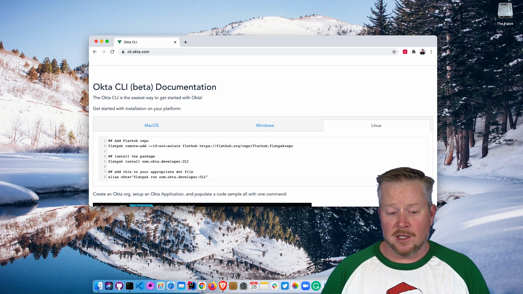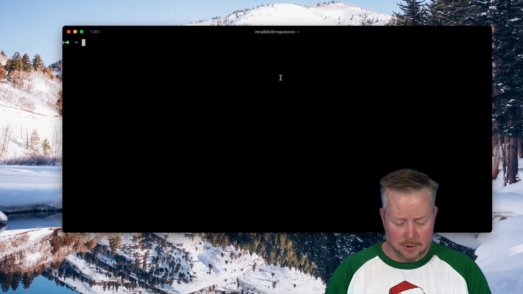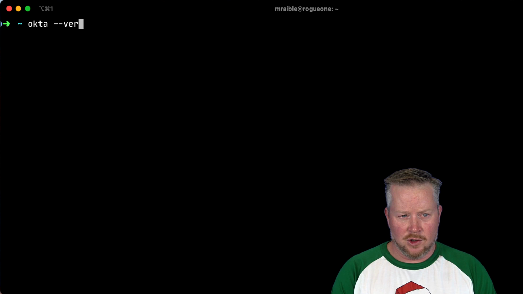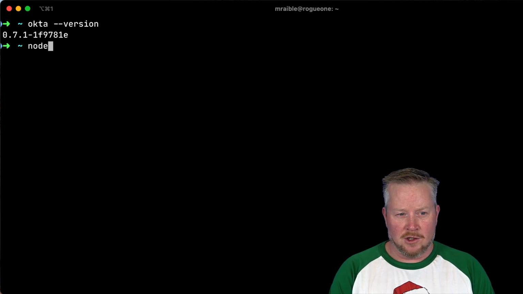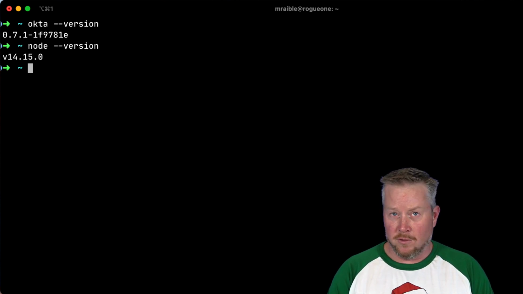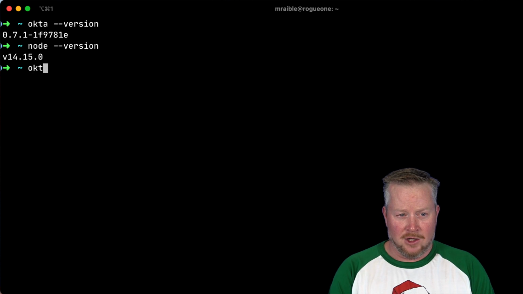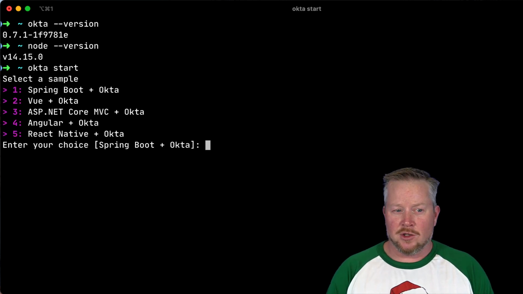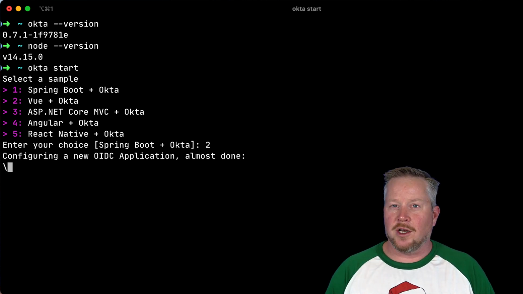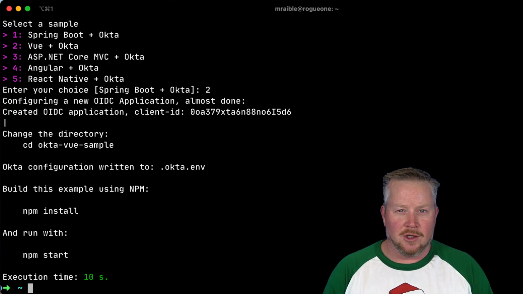So once you have the CLI installed, you can open up a terminal window. You can see that I have version 0.7.1. I also have Node 14.15, which you'll need for Vue, and you can run okta start to begin. This will present you with a number of samples that you can use, and so I'm going to choose number 2, Vue plus Okta, and this will create an account and download this project from GitHub and spit out the